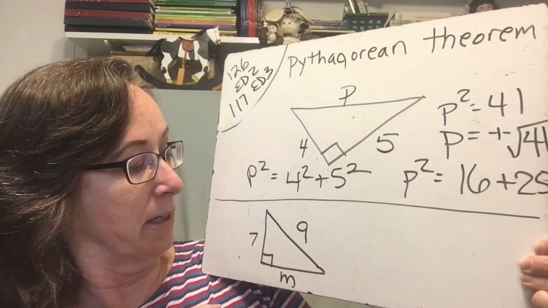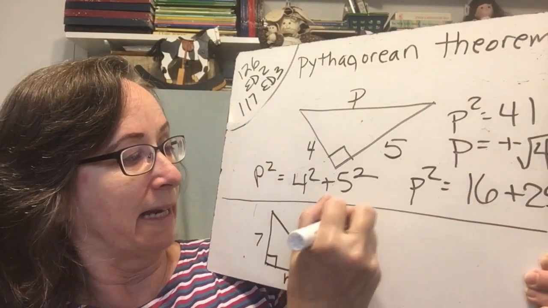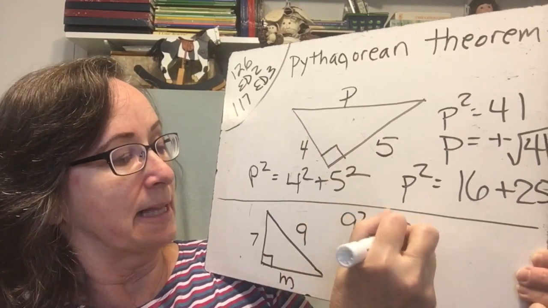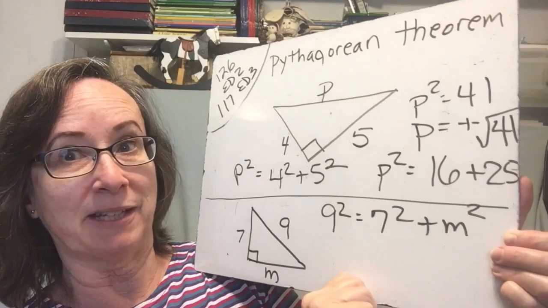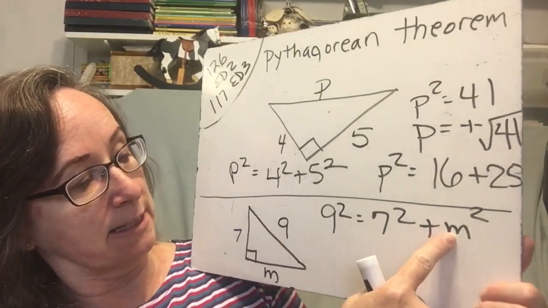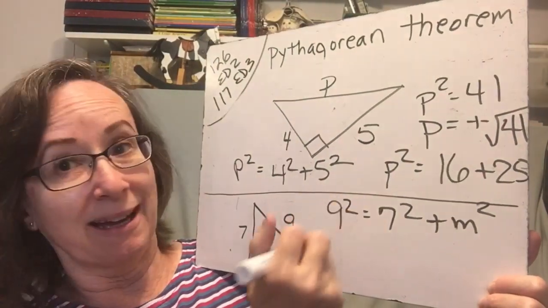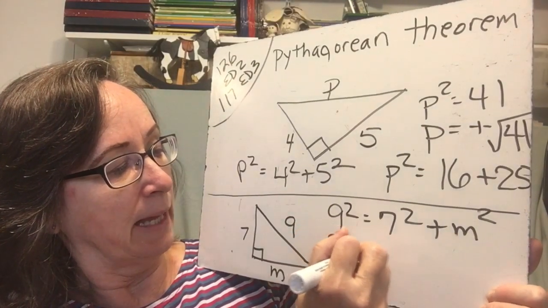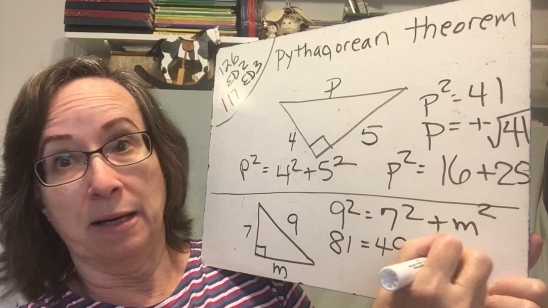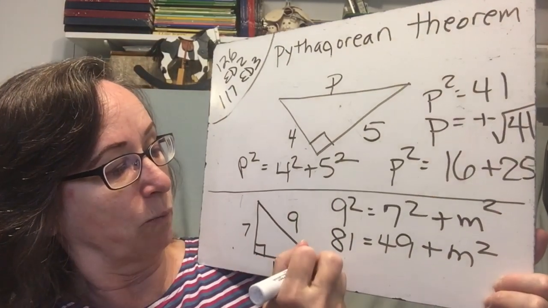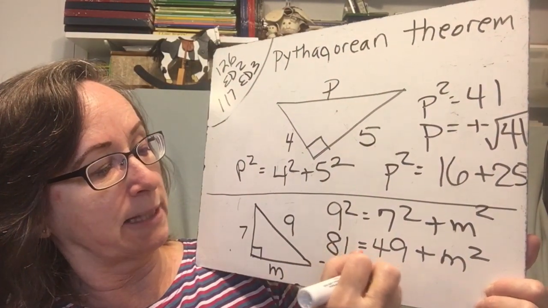9 for the hypotenuse. So we would say 9 squared is 7 squared plus m squared. And we have to discover what the side m is. So we know that 9 squared is 81, and 7 squared is 49, plus m squared, which we don't know. So we'll subtract the 49 from both sides of the equation,